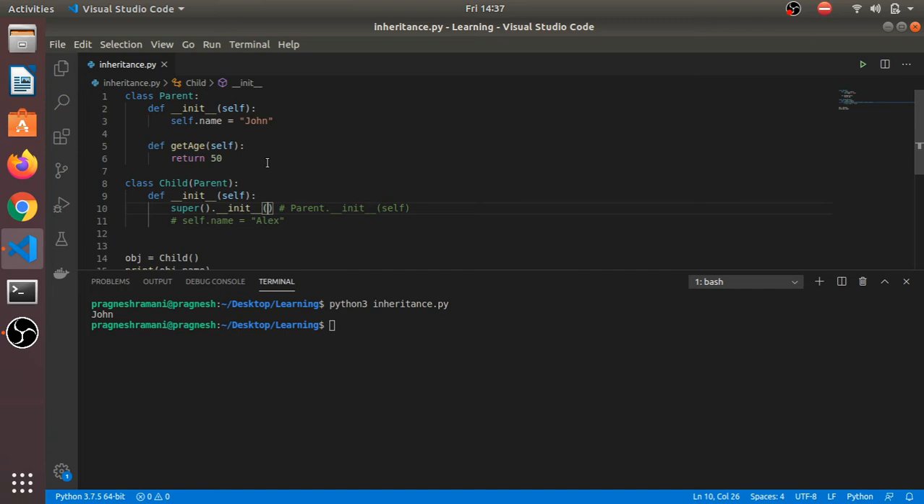So that self keyword is derived into the init because of the super method. And if you are not using the super method, then you need to pass the self keyword into the init method, as we have seen. So this is how you can use the super method to use the parent class properties or methods in the child class. And what if